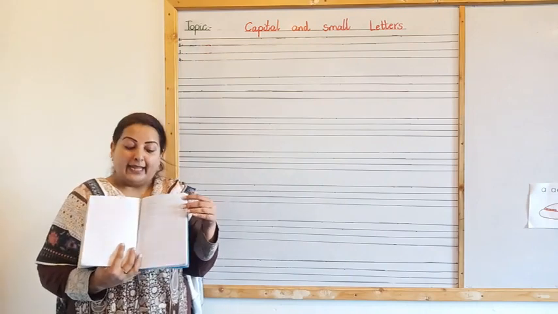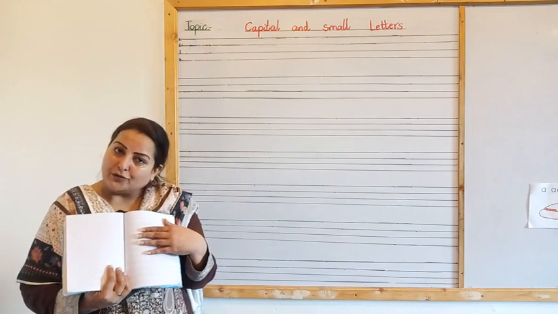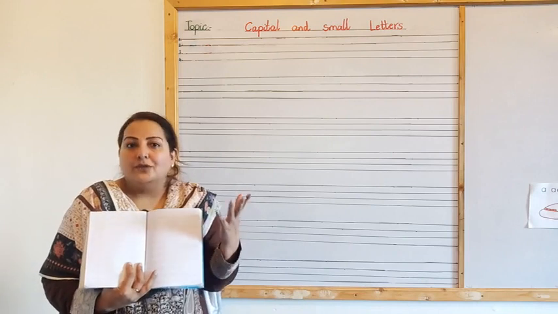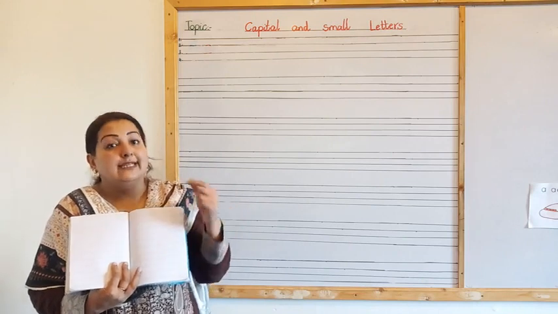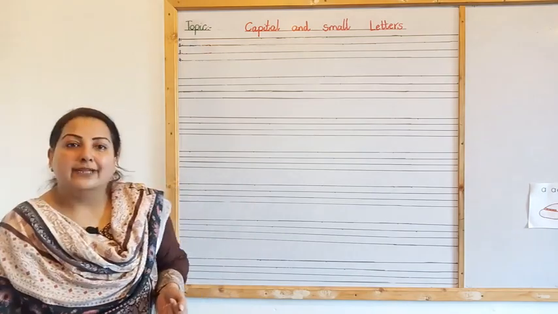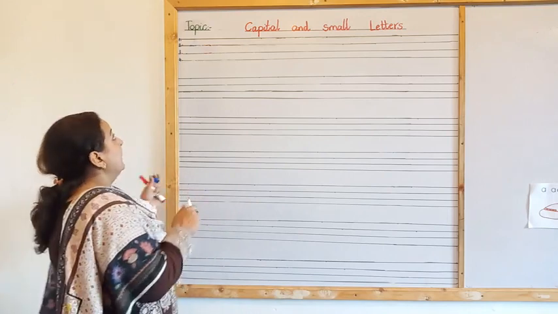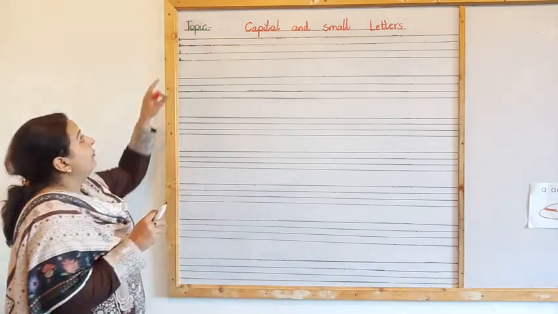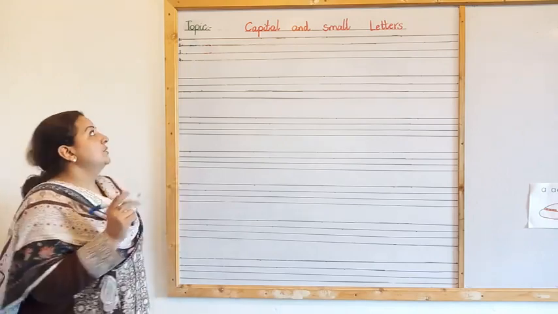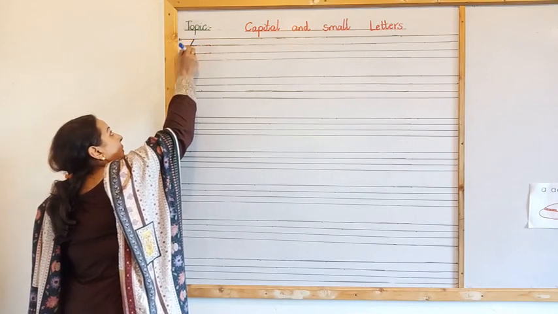In these 4 lines, I think you are used to writing in KG1 also, and on your manuals. Do you remember that you wrote on your manuals in these 4 lines? So today we will revise it, because in KG2 you are going to advance your studies. You will find that there are 4 lines on your notebook, and I also have these 4 lines on my board. Let's start from writing A, go down